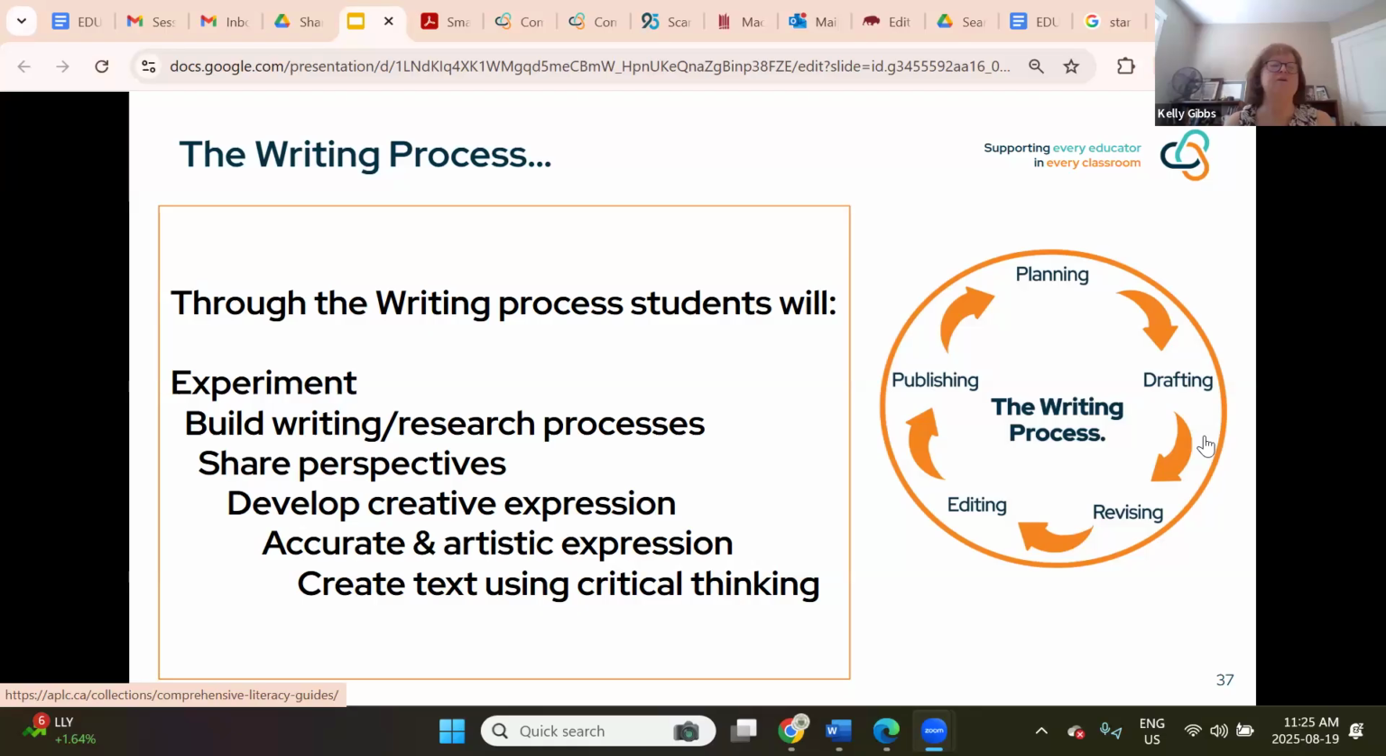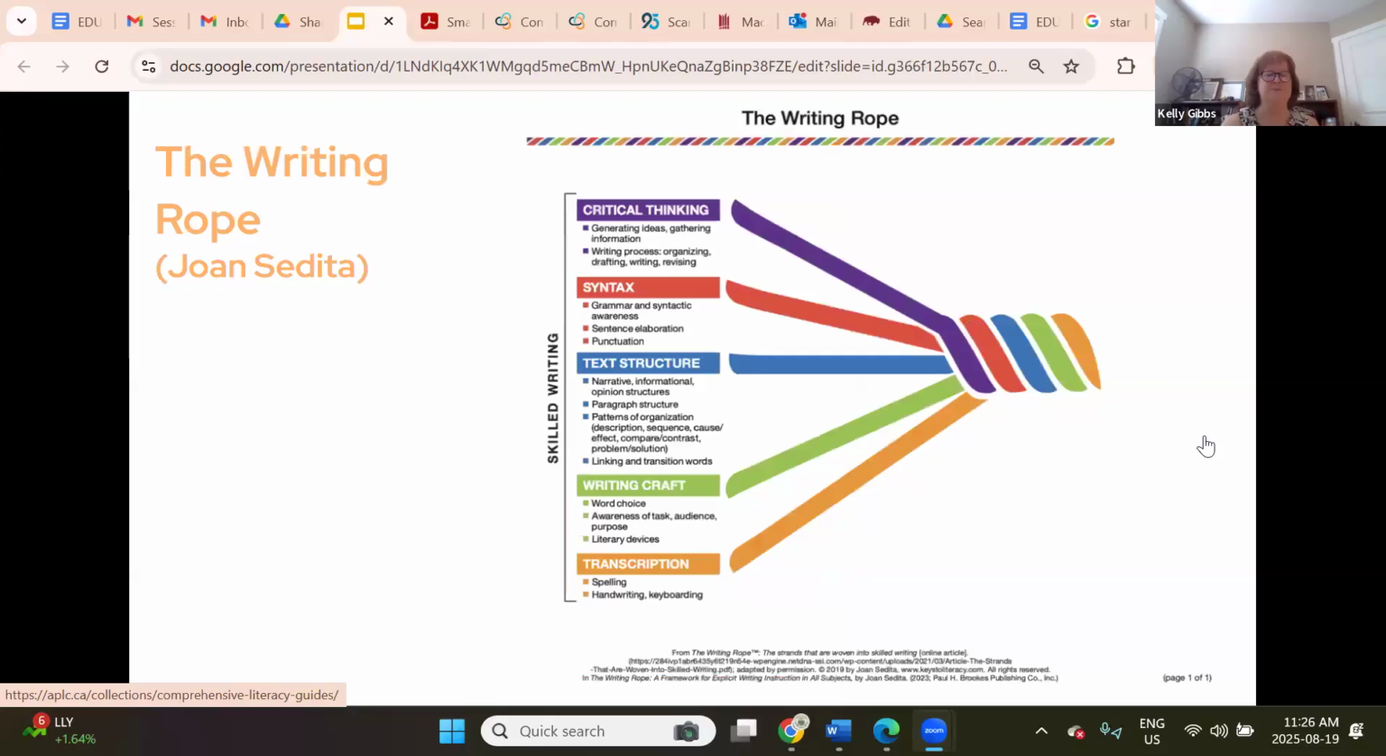Writing is about critical thinking overall. It's not just artistic thinking. It's planning, drafting, revising, editing, publishing, and rewriting all along the way, which is not always a favorite thing for kids to do, but it is the thing that we ask them to do. One of the ways that we can help students is by following a process that Joan Sedita put together called